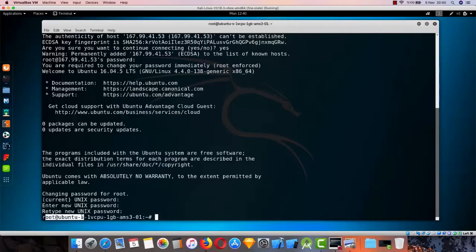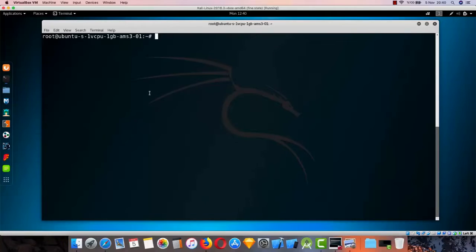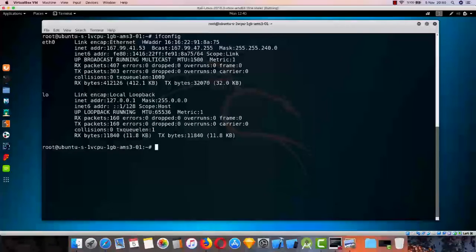So right now I'm in the Ubuntu machine. I'm not in the Kali Linux machine in this terminal. What I run here will be run in the Ubuntu, in the Amsterdam, okay? It's not run in my Kali Linux. If I open another terminal, of course it will be run on my Kali Linux, but if I run ifconfig